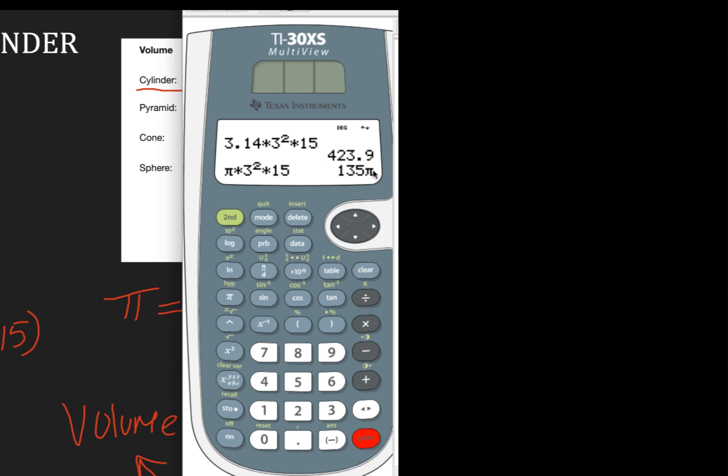But notice what happens when you press enter. Your answer is 135 pi. Now students get a little bit scared when they see that because they know they can't grid pi in the grid. But remember this button right here? This is going to convert your 135 pi to a decimal. So when you get your answer, you're going to press this. And notice our answer is